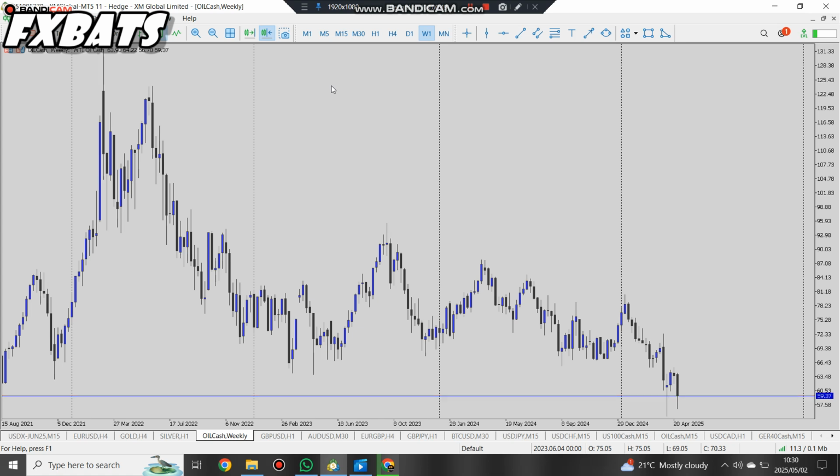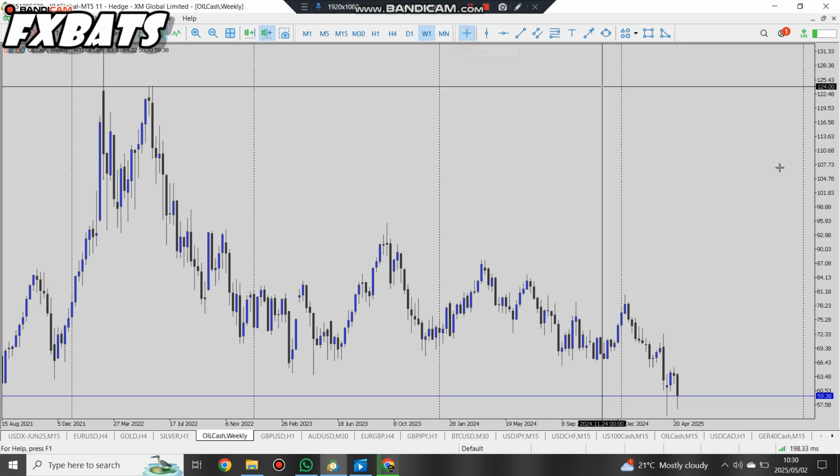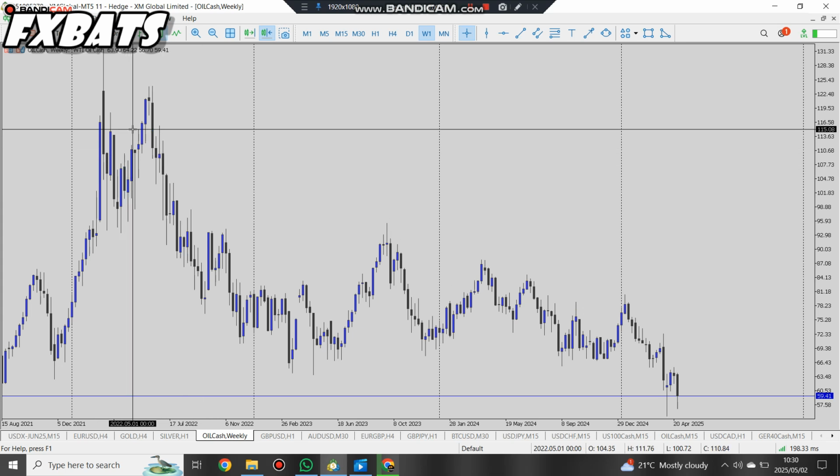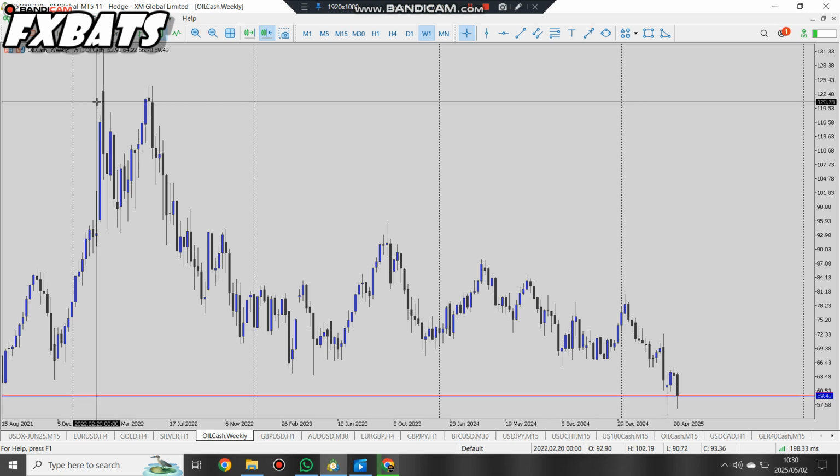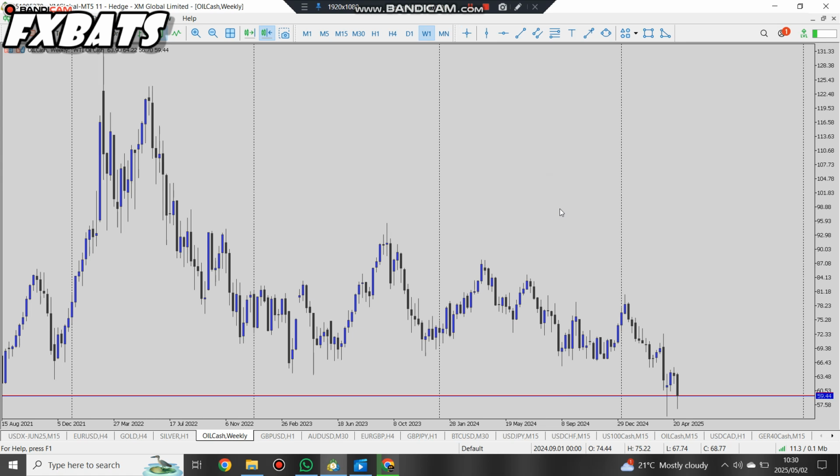I've been seeing oil dipping. The same applies to the times of uncertainty during the COVID. It was 2020, as you could see. So oil is one of the instruments I love trading because of its